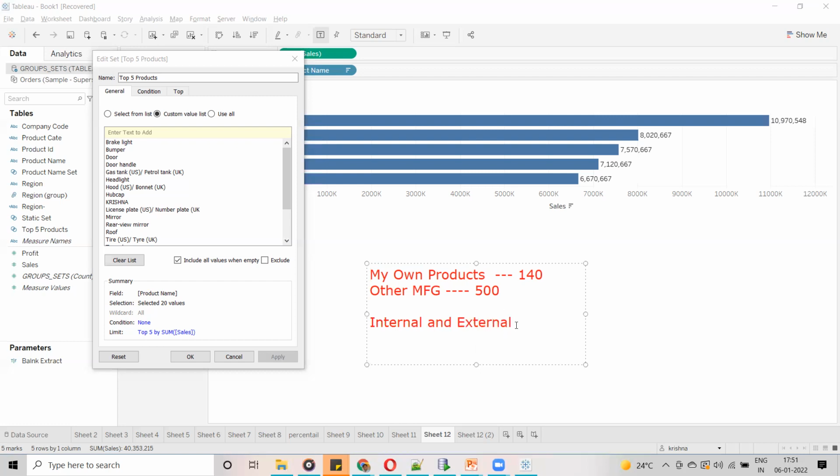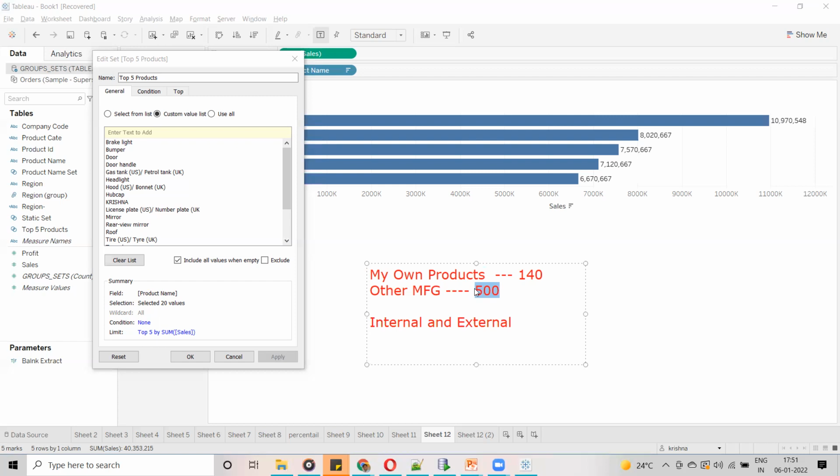From the filter list, when he selects internal, automatically these 140 products should come because these are his own products. And whenever he selects external, it should display the remaining 500 products. Okay, this is one scenario.